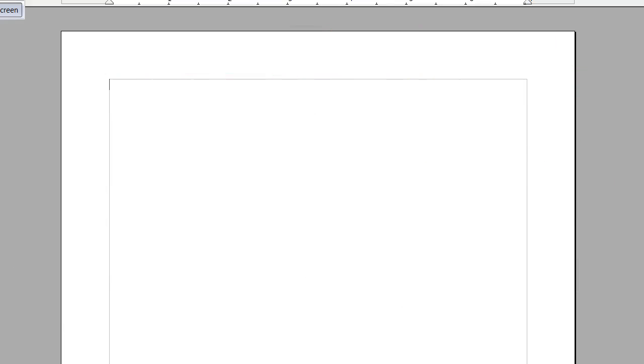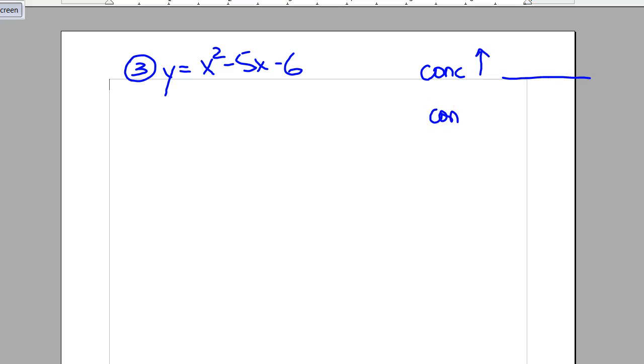Let's say y equals x squared minus 5x minus 6. And all I'm asking you, I'm not saying graph the whole thing. I'm saying find where it's concave up, find where it's concave down, and find points of inflection. So I'm going to take the first derivative because I need the first derivative to get to the second derivative. But I'm not going to worry about increasing, decreasing, relative max, relative min, any of that stuff. So I'm just going straight down to